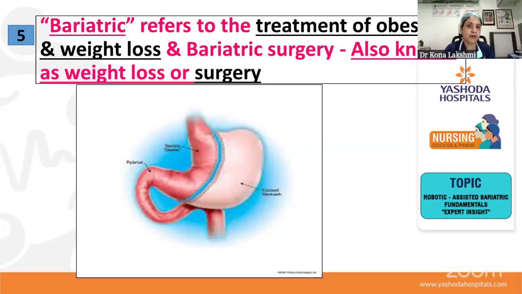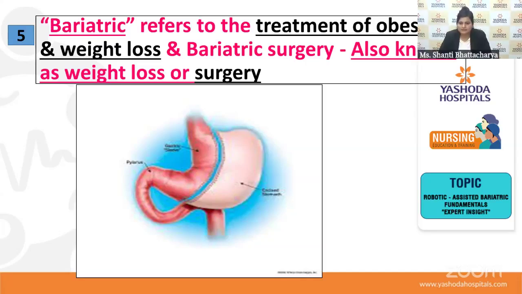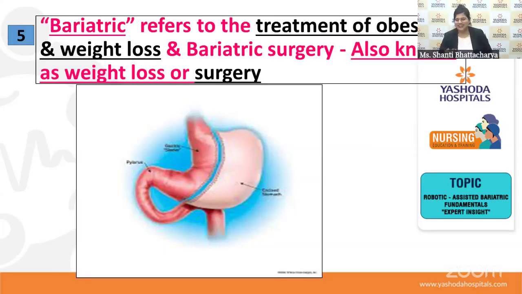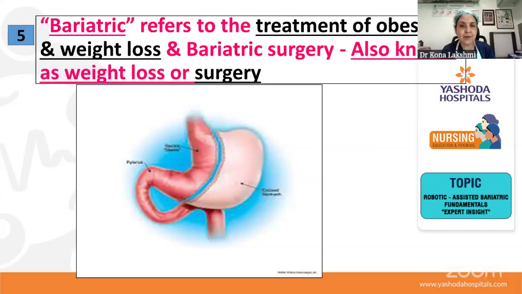Beyond a point, the obesity or the fat starts working as an independent endocrine organ. The fat starts producing chemicals or hormones which cause an alteration in your metabolic rate, and that causes you to gain weight more rapidly. You hear a lot of people saying, I'm not eating anything, but I'm putting on weight. That is because of the chemical change.